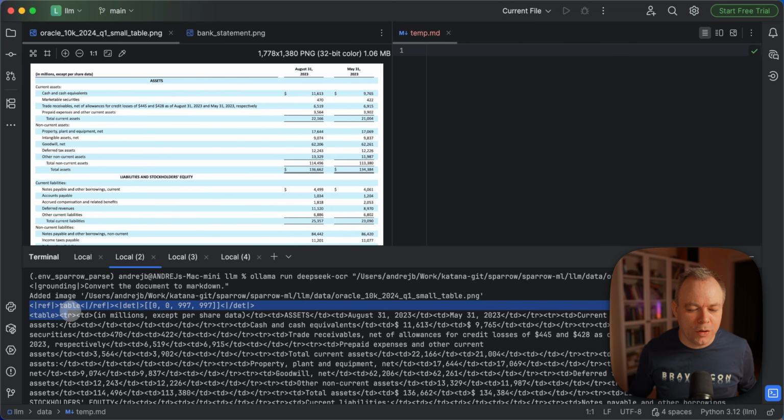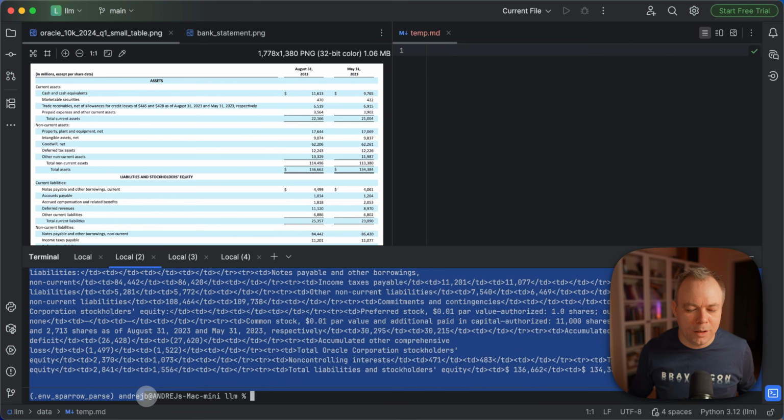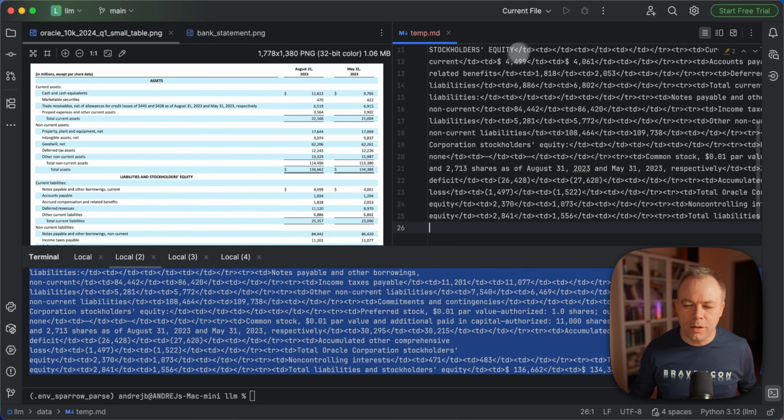A Vision LLM on the same machine would take around 60 to 90 seconds to process this kind of document. So in terms of performance, there's a huge improvement, and it's not even comparable to the Vision LLM in terms of speed. Okay, so we got back, we copied the